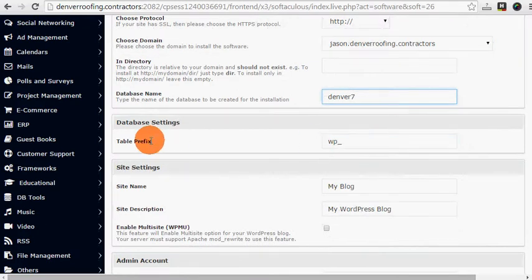Another thing I would look into changing is the table prefix. This is the database table prefix, and it's wp by default. Just as a security measure, I like to change the wp into anything else. So we're going to do, let's do jasonn, and then for the site name, we're going to do